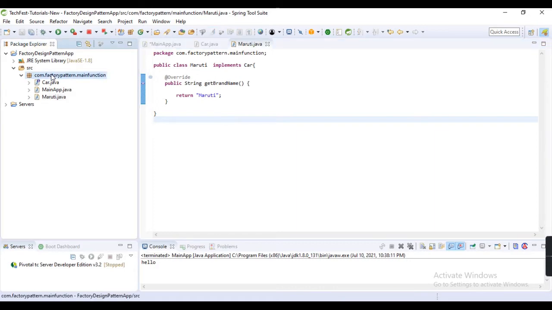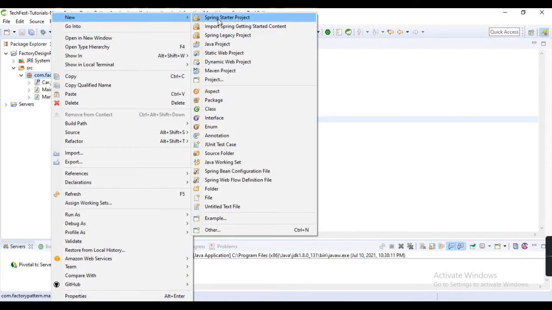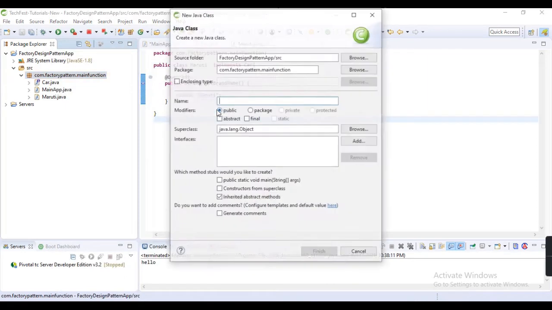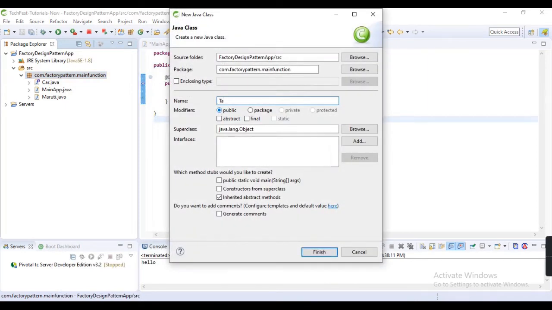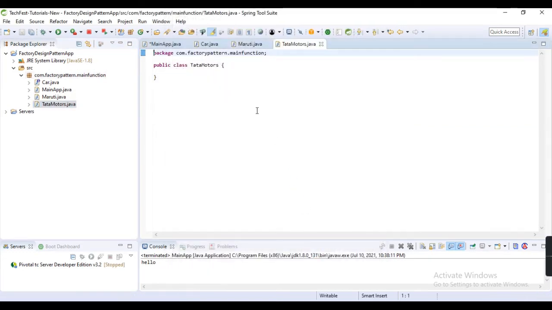Now I am creating one more class, and I am giving this class the name Tata Motors. This class is also implementing the Car interface.